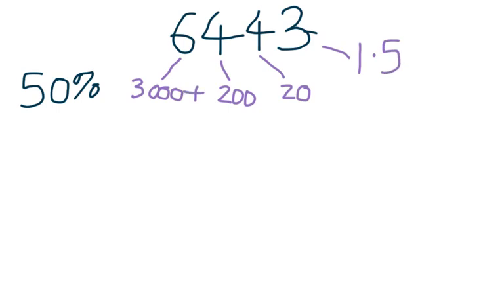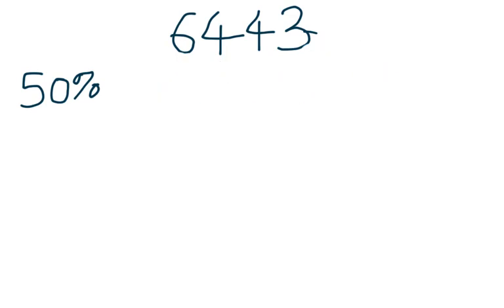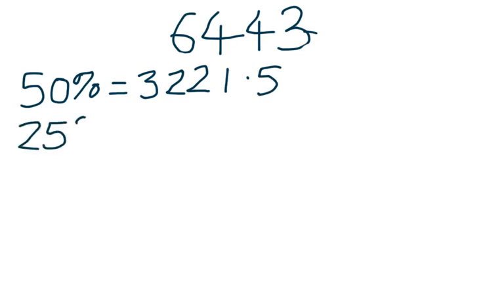So now, to find the half of the whole thing, I need to add those together. 3,000 add 200 is 3,200. Add 20. So we've got 3,220, 1.5. 3,221.5. Now, this is going to get a bit tricky on our 25% because we're going to have to end